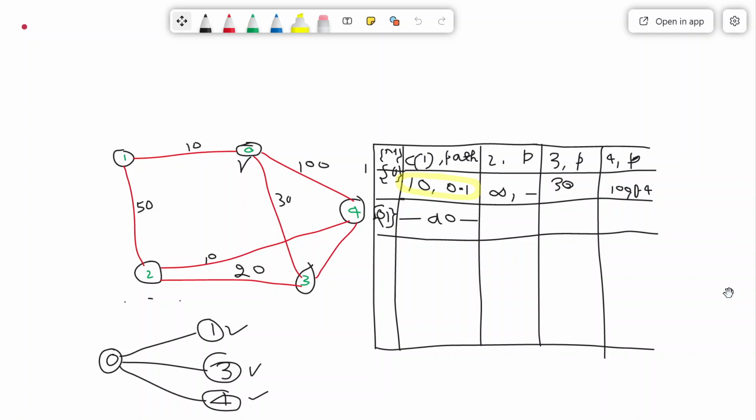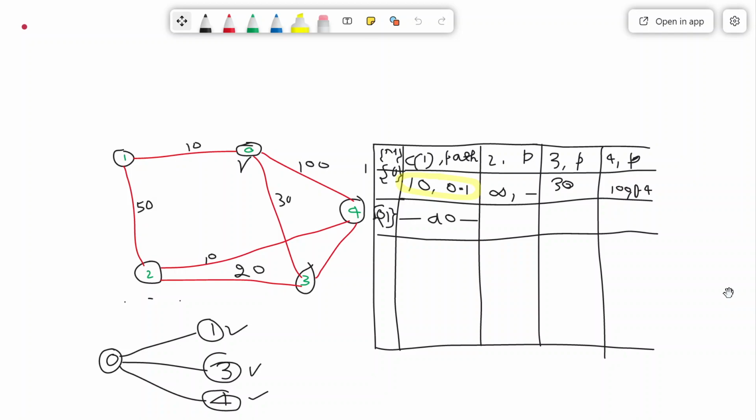The least cost path for 1 is fixed. Fixed means from now onwards there will be no change to reach 1 from source 0, because the source is fixed. So please remember, the source is 0. So from source 0 there is no change in the path from 0 to 1 and no change in the path length as well. So this is the minimum least cost path and it is fixed.